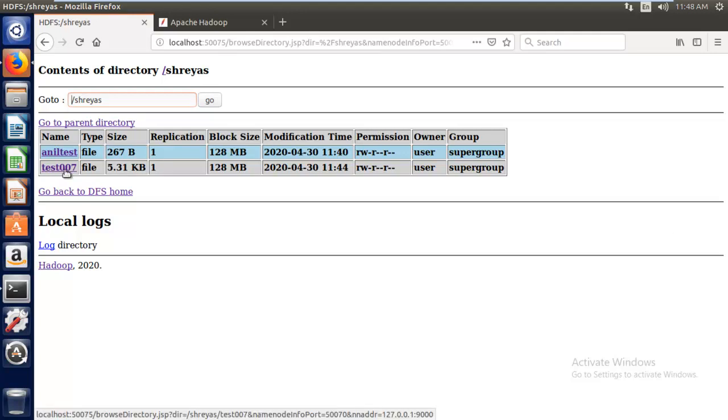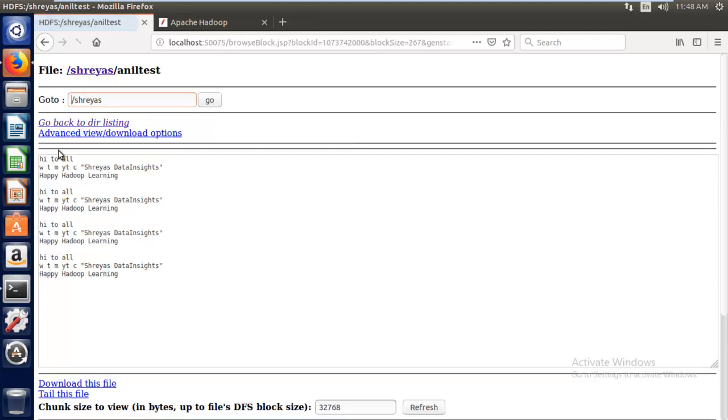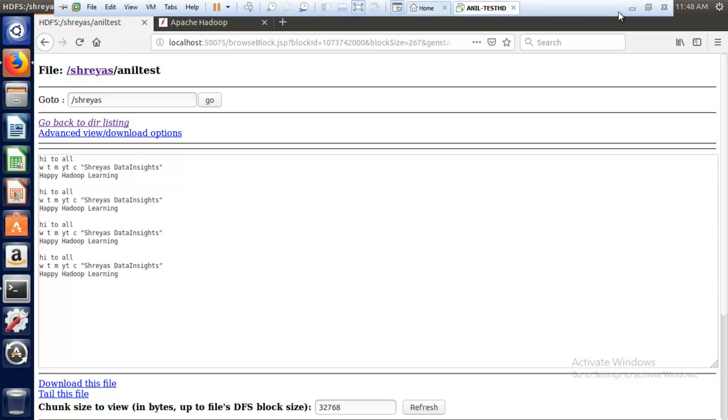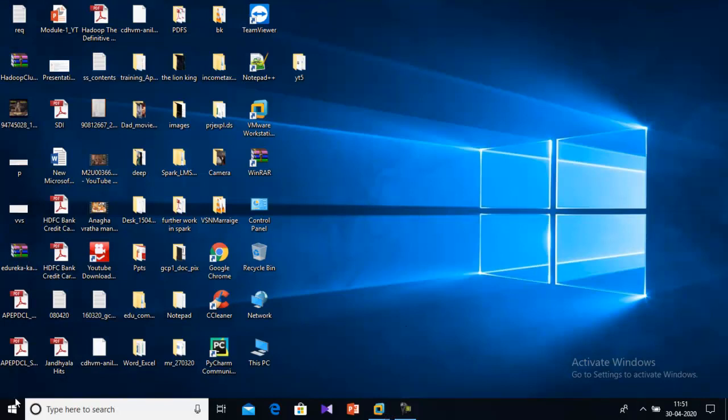For example, on this data you would like to give a count: how many times hi came, to came, all came, happy came, Hadoop came, learning came. This is your business, and this is exactly what you're going to perform now. For that, we need to take an IDE.